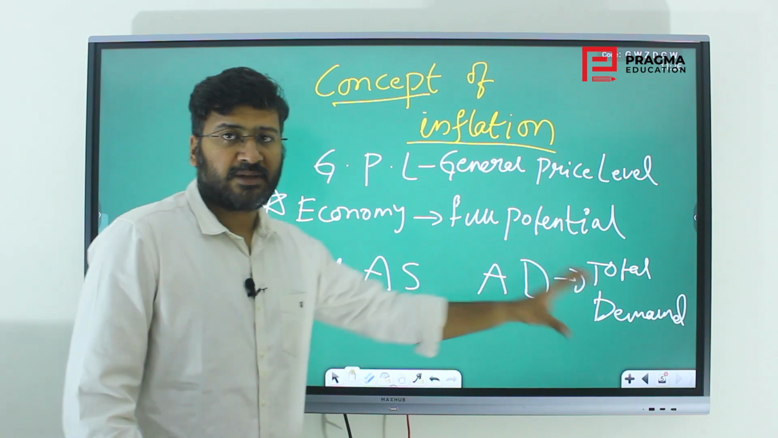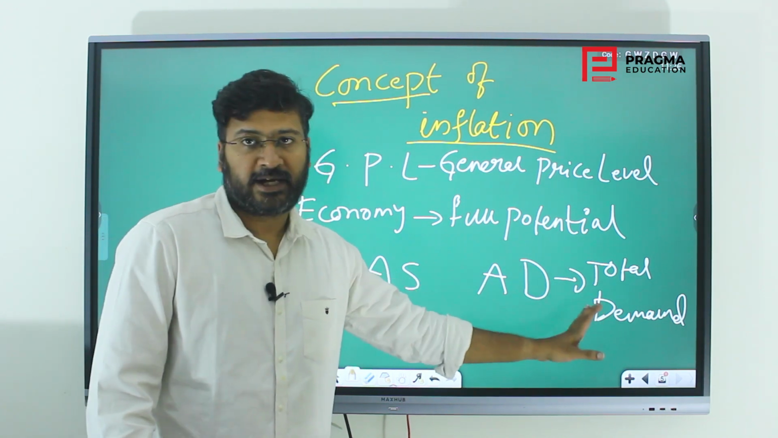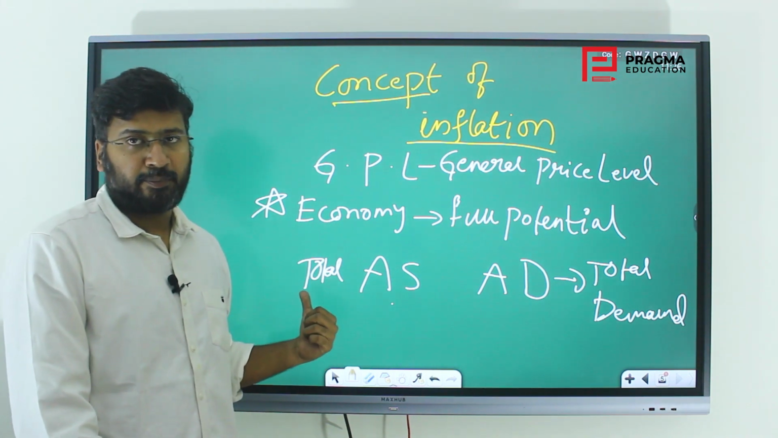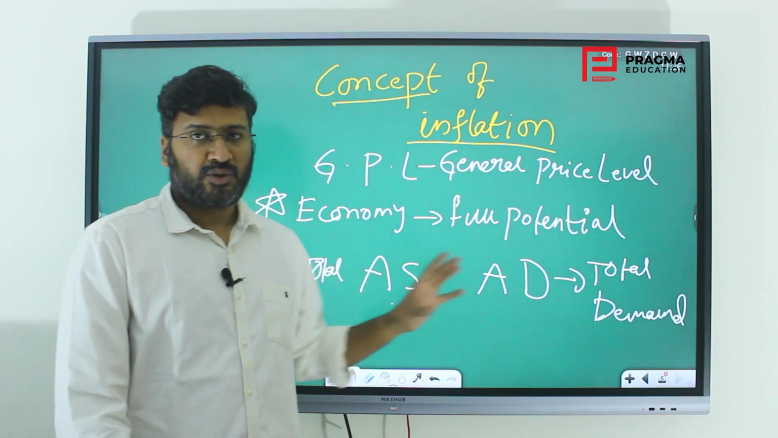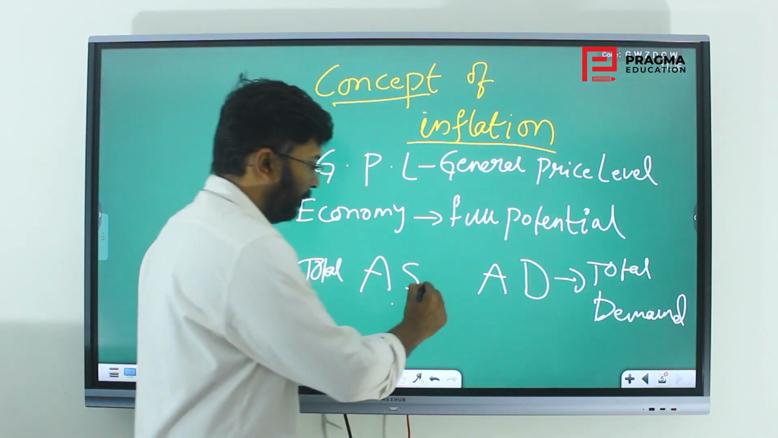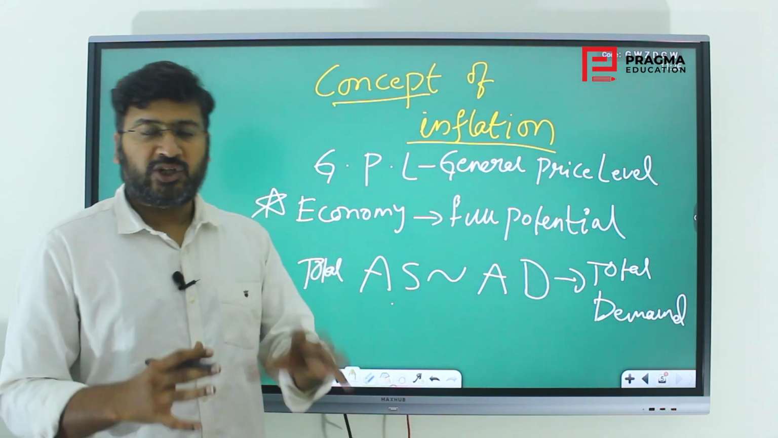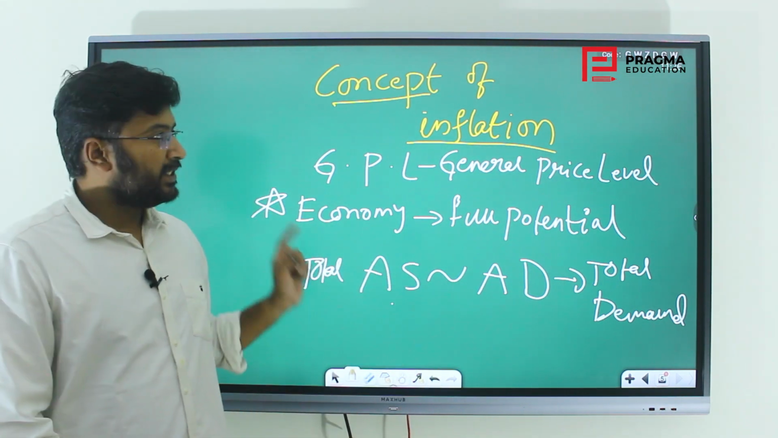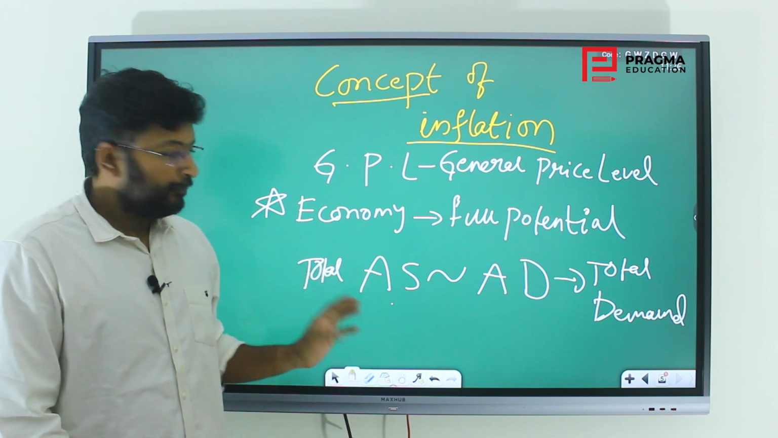How many services people are ready to buy on this side. This is market side. This is producer side. Supply side, demand side. So the total supply and the total demand will be matching. We actually cannot say it is equal, because as I already told you, this is a macroeconomic concept, and this